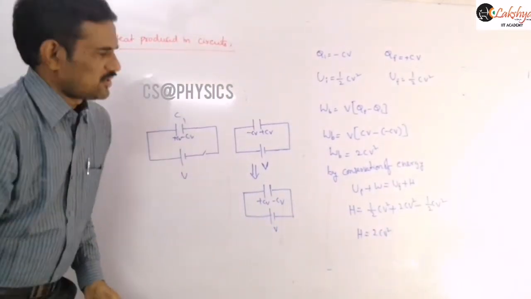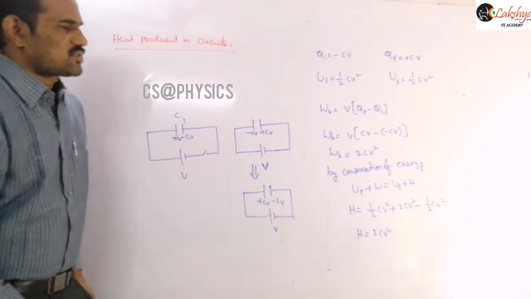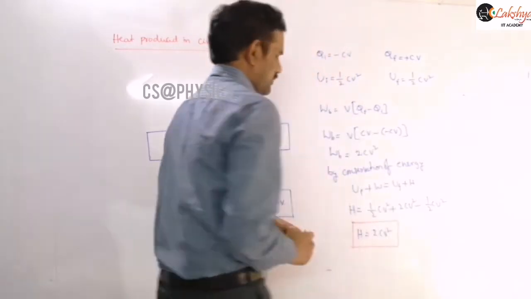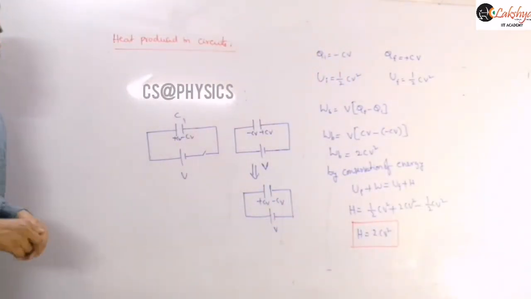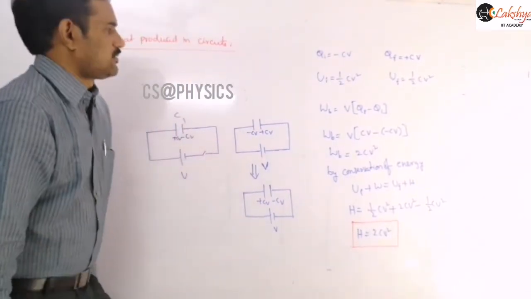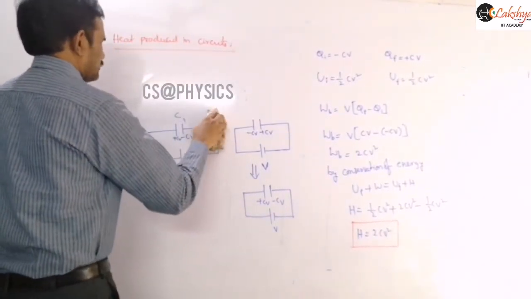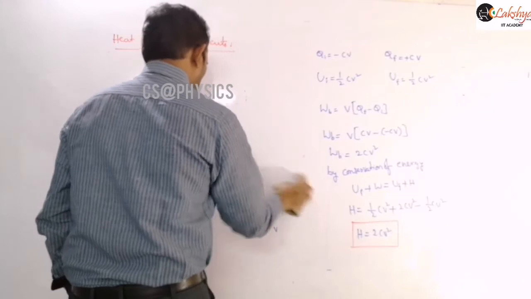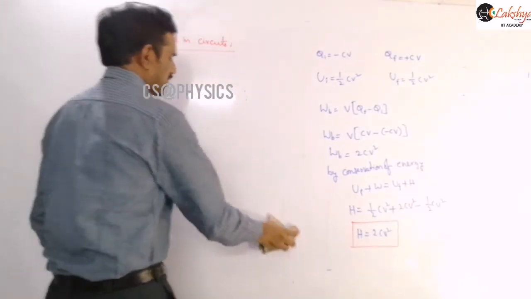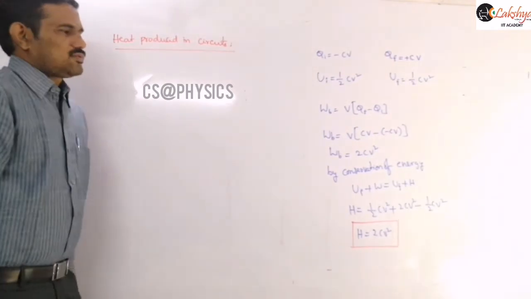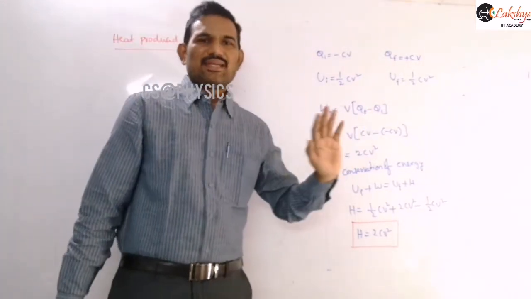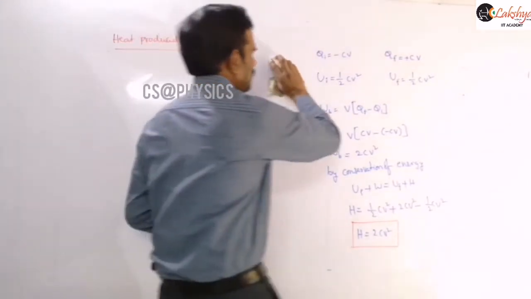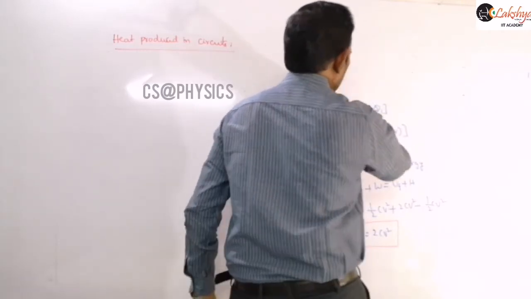So it is the amount of heat produced in that circuit here. If you are taking charging and discharging, then this is the amount of heat produced here, right? So that is the amount of heat produced in that circuit. Only basing on this equation you can solve any heat related problems here. So I will give one more numerical example. So let us solve that problem. For that I will explain some more problems based on that.